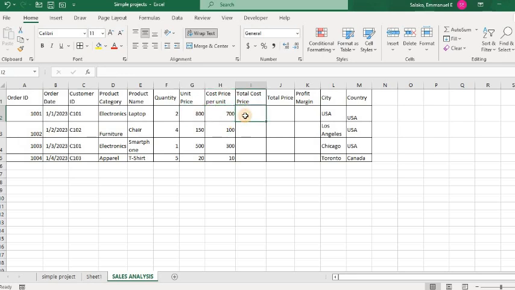So it means that the total cost price in this context will be equal to the quantity sold multiplied by the unit cost price, right? So in this case, we have 1 times 4, right? If you drag down, you have every other thing that follows. So this will be 100 times the quantity, 300 times the quantity, likewise 10 times 5, which is the quantity. Now then we have total price. So for clarity, let's put